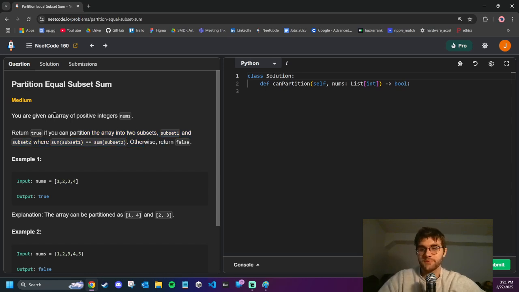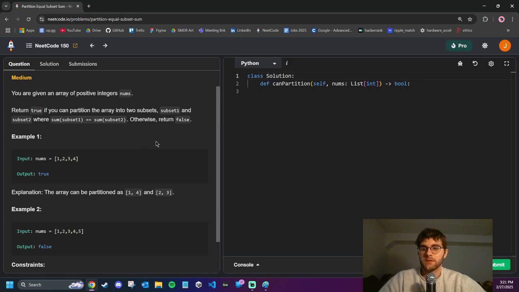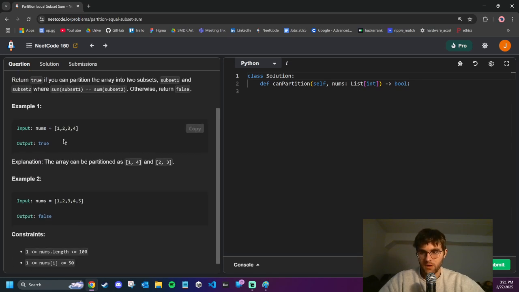Okay, so let's see. Partition equals subset sum. You are given an array of positive integers nums. Return true if you can partition the array into two subsets where they have the same sum. Otherwise return false. Okay, so we need to create two subsets that have the same sum. So here, for instance,